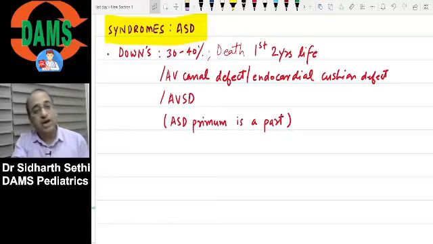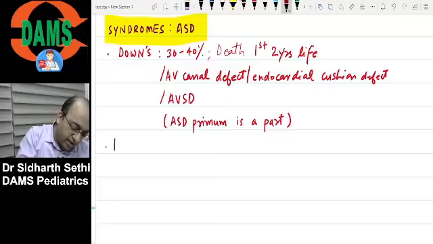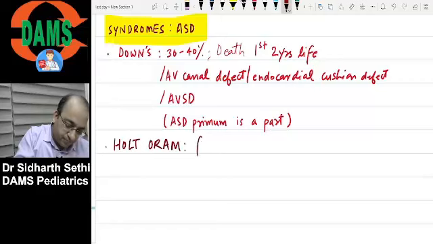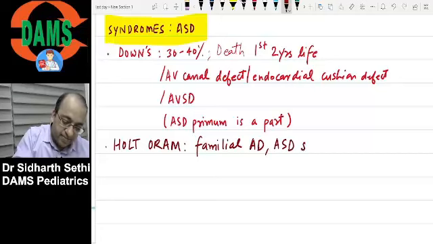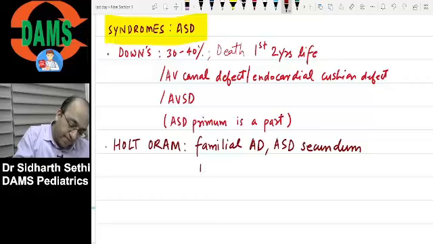Now overall I told you the most common ASD is secundum. Now the second syndrome which you guys need to know is called Holt-Oram syndrome. What is Holt-Oram syndrome? It is a familial autosomal dominant ASD secundum. So remember, in Holt-Oram syndrome we see ASD secundum. It's autosomal dominant. Okay. They can also have first degree heart block,